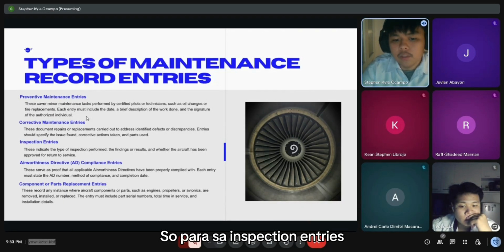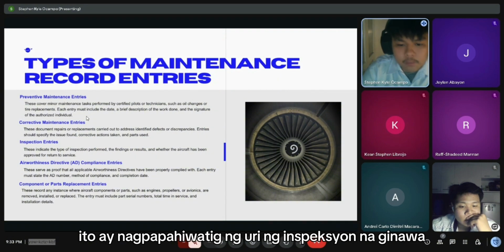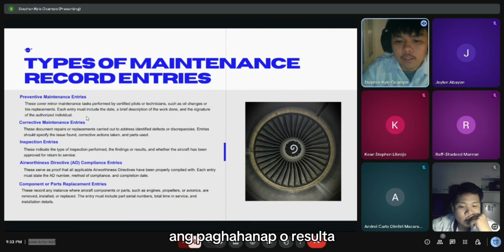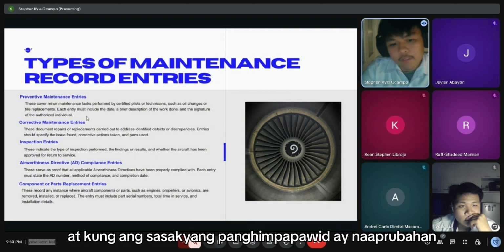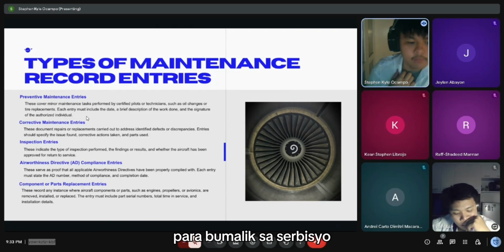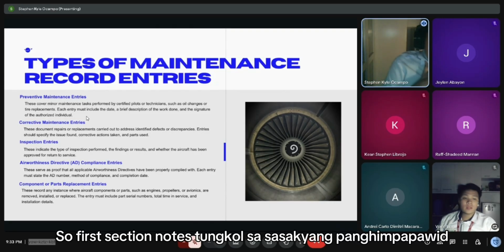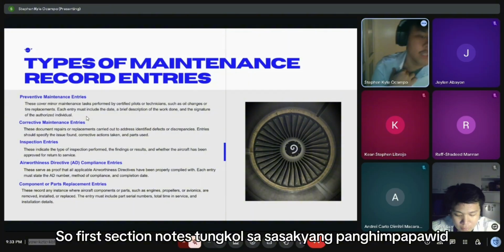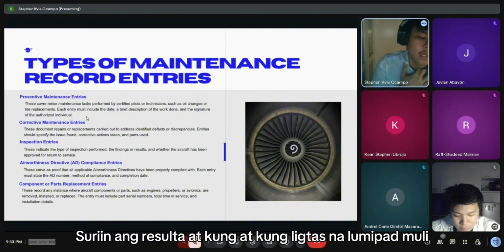For inspection entries, these indicate the type of inspection performed, the finding or result, and whether the aircraft has been approved for return to service. So for inspection, notes about the aircraft check, result, and if it is safe to fly again.